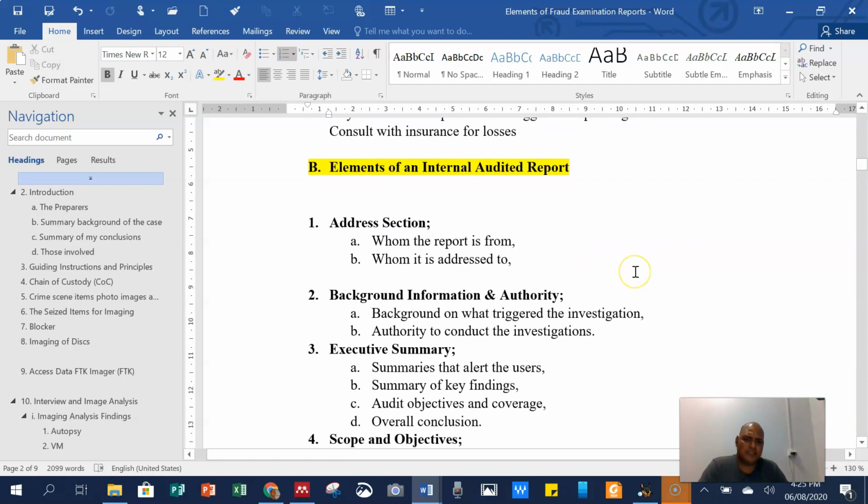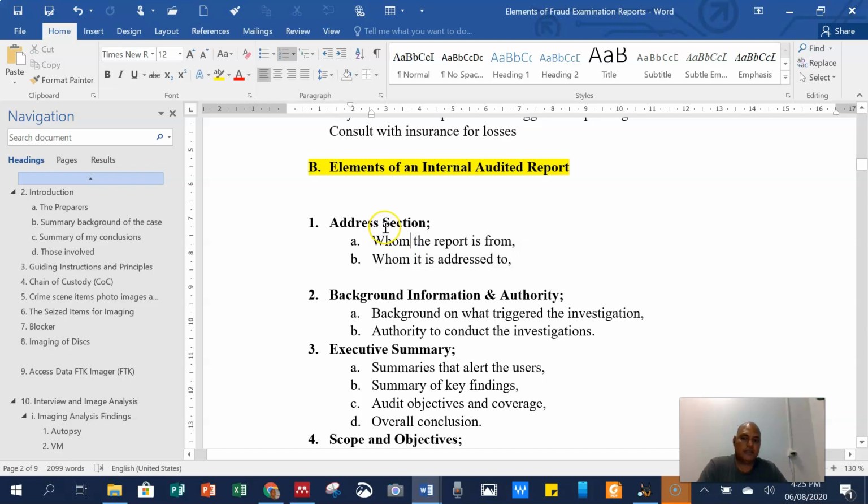Internal audit report is actually a report that is only performed for the sake of people within a company. So normally it's authorized by a head of department, the board of directors, or the GM. In other companies it's not authorized, but it is also regularized based on the internal audit framework of a company. So the content of an internal audit report, based on what I've just said, is again